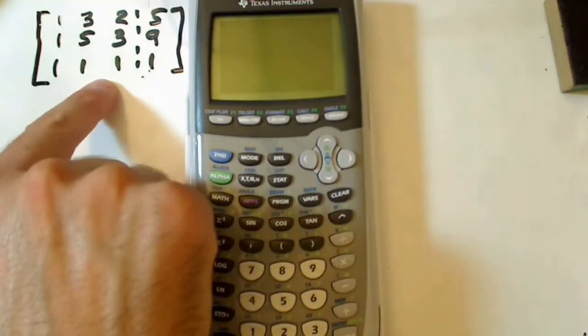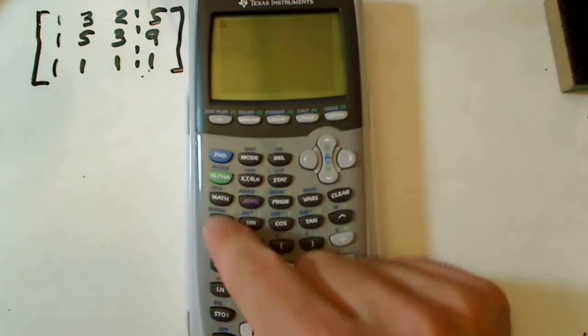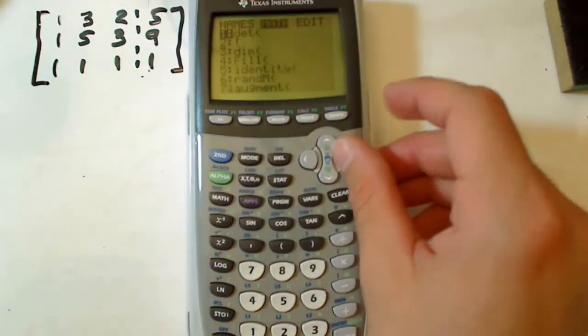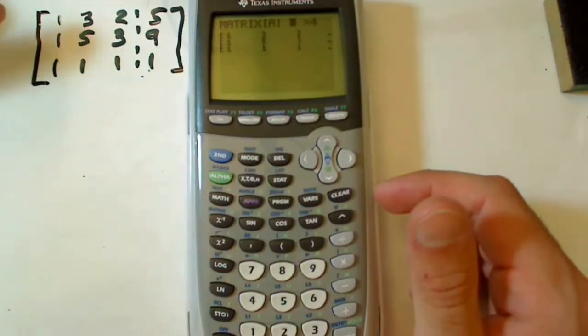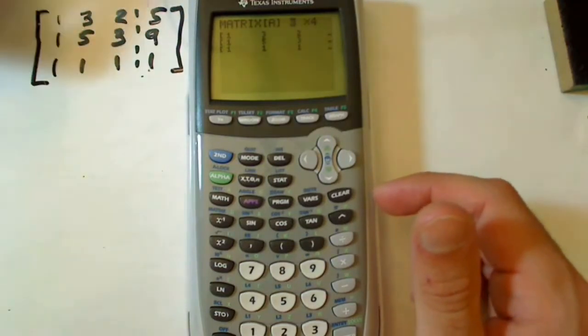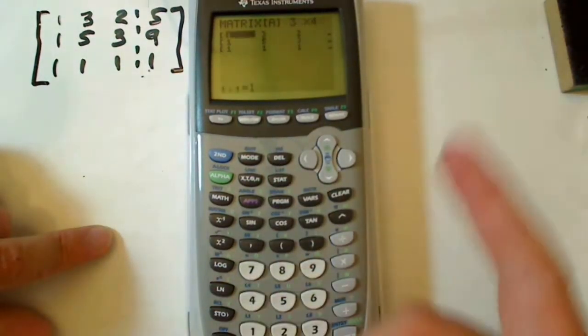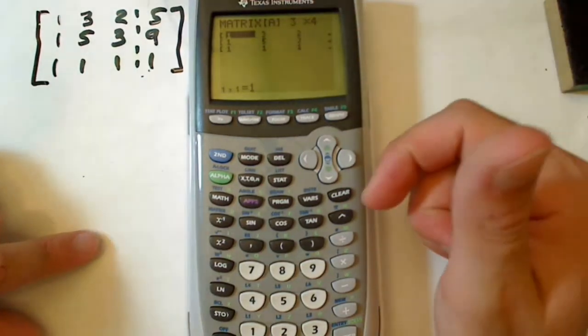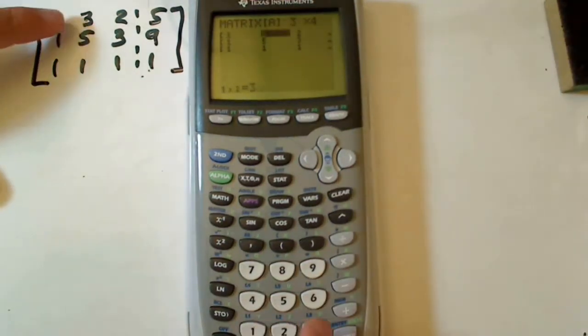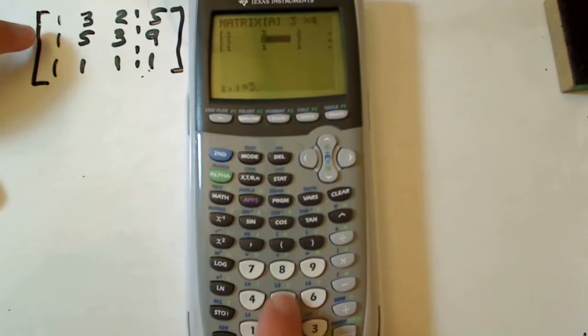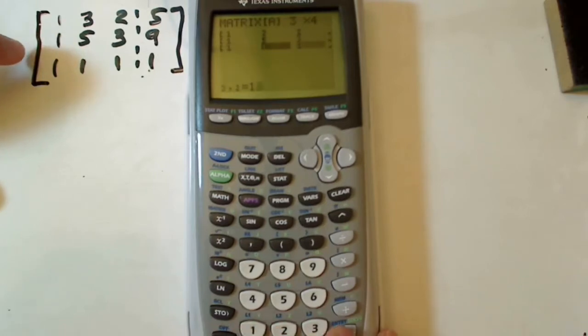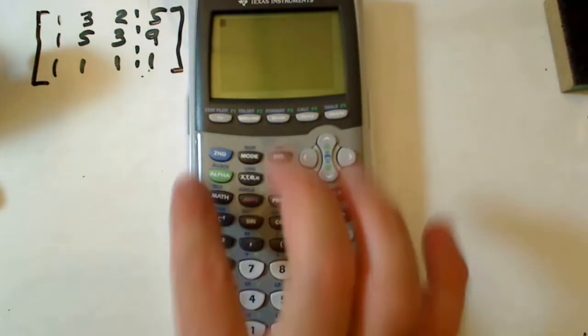And first of all, we have to input this matrix into our calculator. Second, matrix, edit, and we have a matrix 3 by 4, 3 rows by 4 columns, so 3 enter, 4 enter. Now we have to populate our matrix, and it is 1, 3, 2, 5, 1, 5, 3, 9, 1, 1, 1, 1. Okay, we're done. Now we have to exit this mode, second quit,